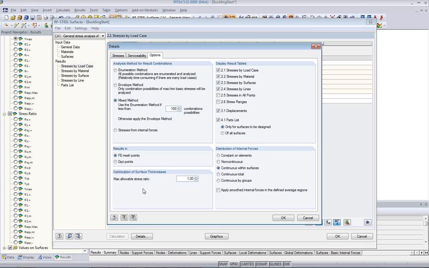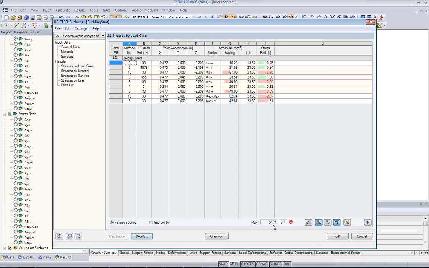If you want to reserve some capacity of the material for other things, you can reduce the allowable stress ratio to 0.8, 0.6. By default it's set to 1. Okay, so